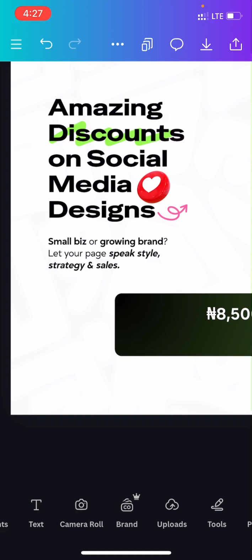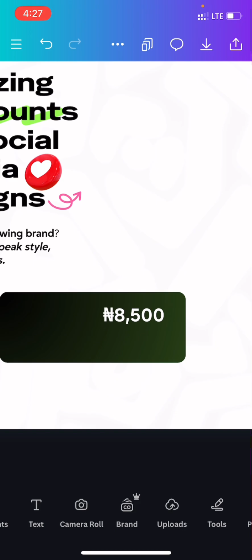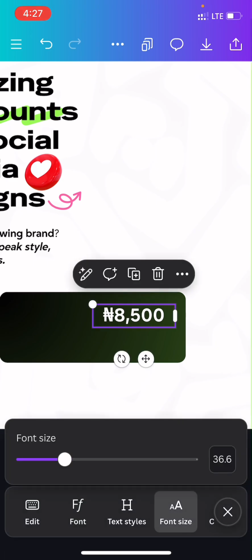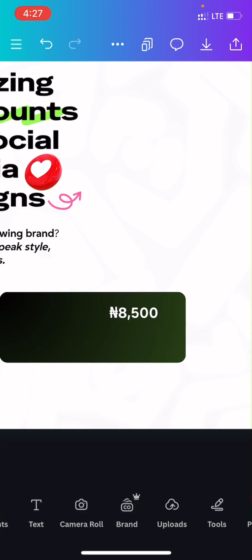So I'm still following this design. So I think I have to reduce the font size a bit, make it 30 or 28. So you can always come here to just, I'll make it 30,